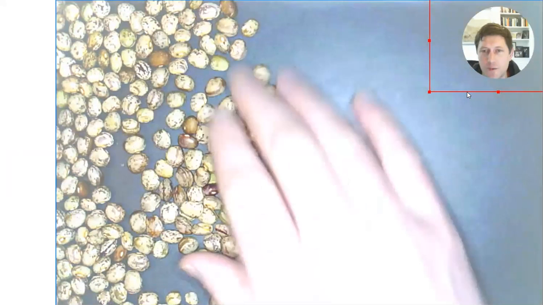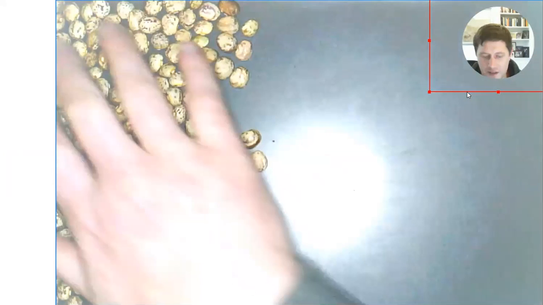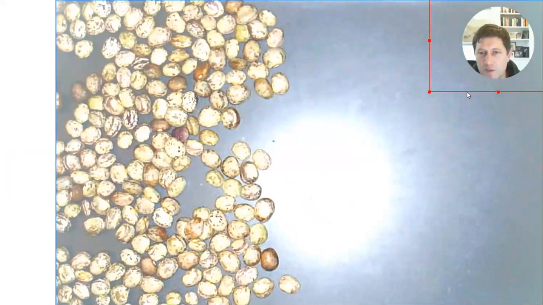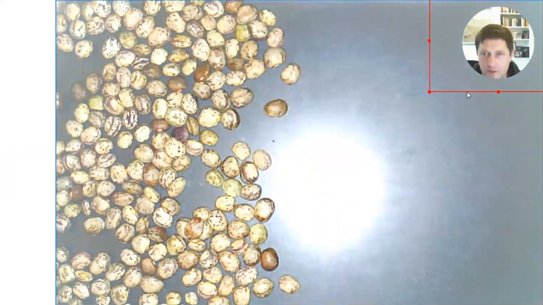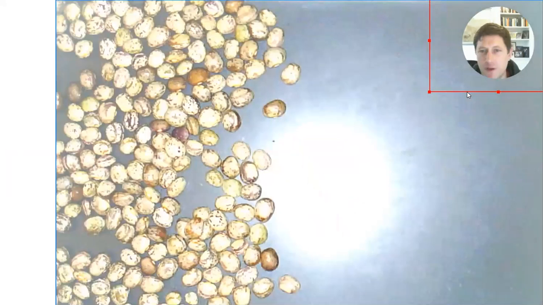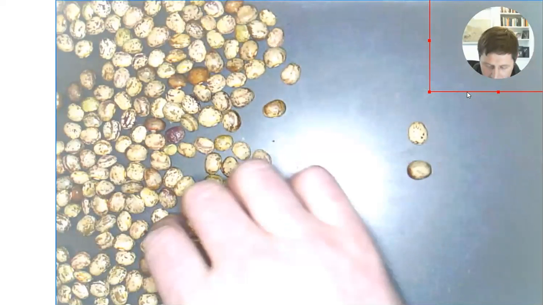So I've got a tray of beans here from my kitchen, and we want to characterize them in some way. It might be a case of measuring the mass of each bean, or measuring the length of each bean, something like that. And what we have is, in this here, we've got a population of beans, with lots of beans, and there are more beans than we can measure in total. And so what we do is we have to take a sample of beans, we take some out and think,